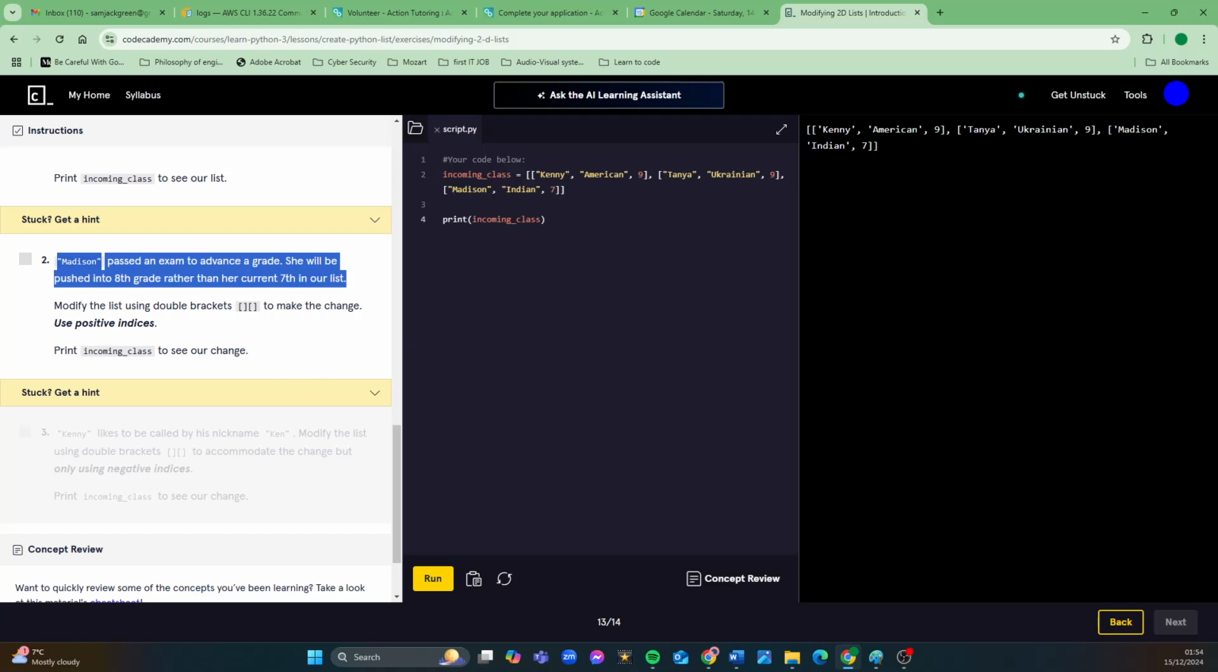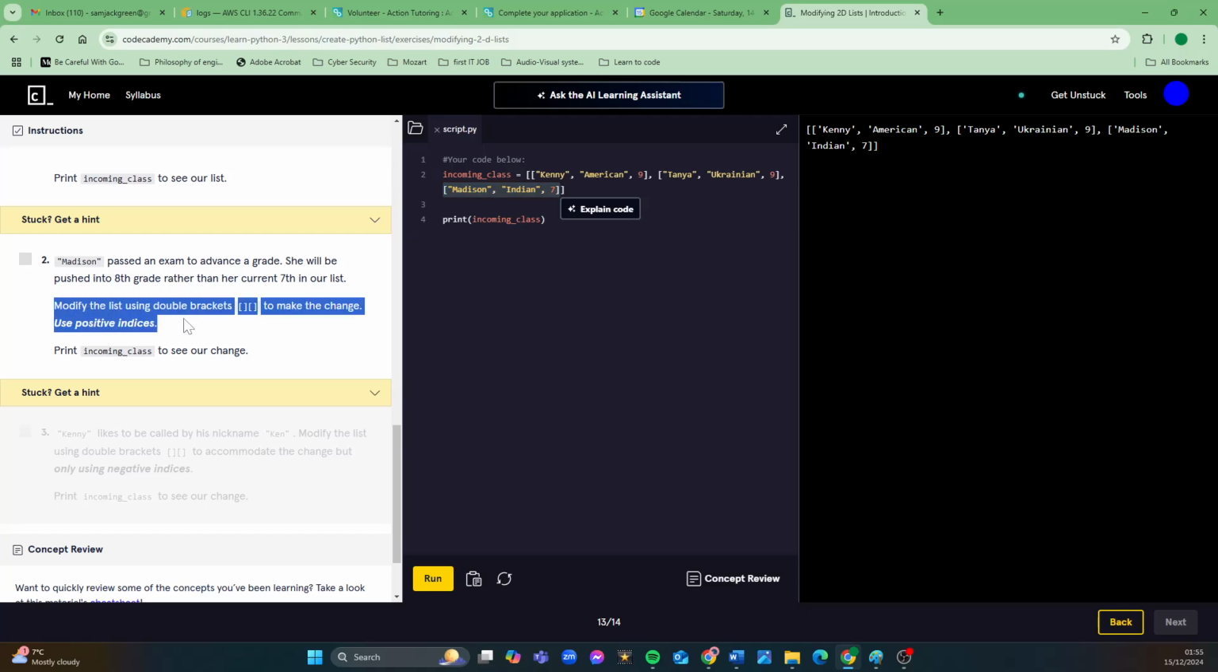So remember the third element here, Madison Indian 7. Modify the list using double brackets to make the change. Use positive indices. Print incoming class to see our change. So what I'm going to do is say I want something new to be assigned to a specific thing in incoming class, the 0, 1st, 2nd element, and specifically the 3rd element